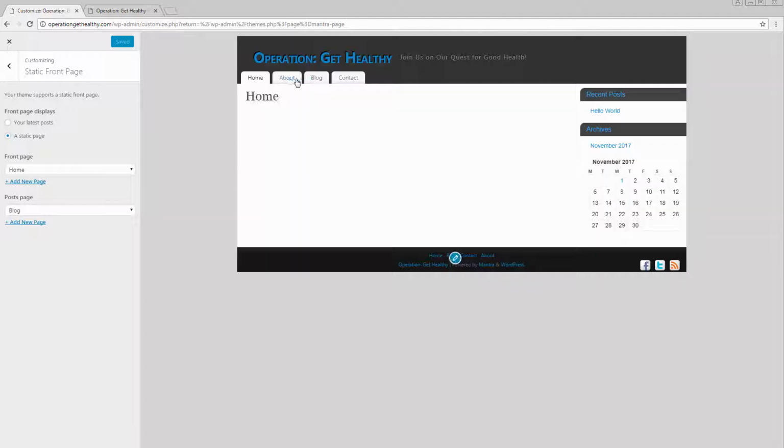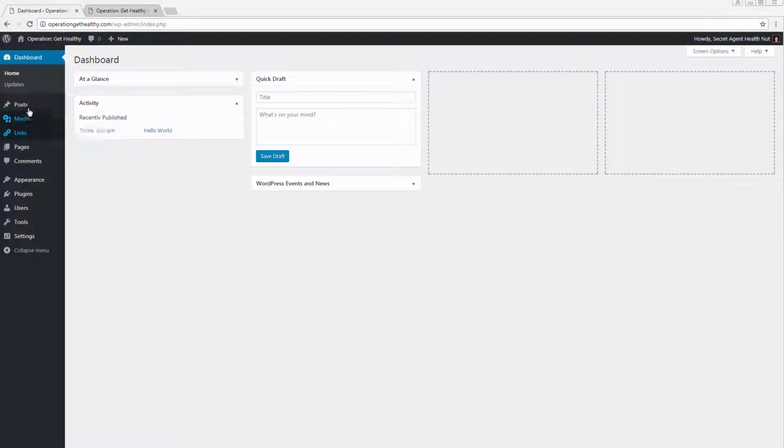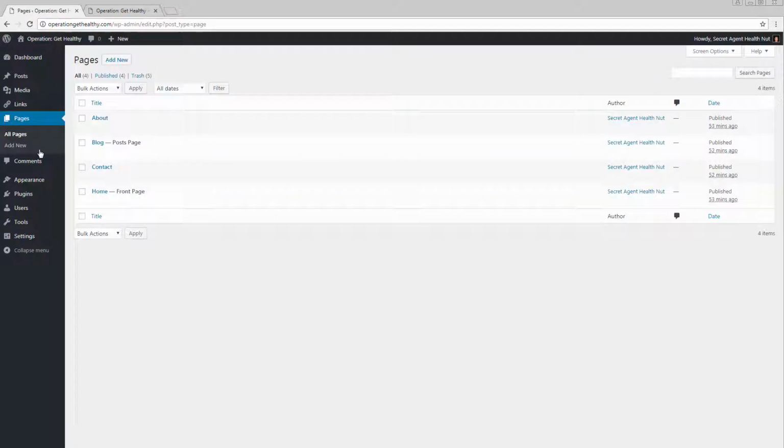But I think I want the blog to be the second, and then the contact, and then the about to be the 4th. So let me show you how to fix that, because that is something that gets a little finicky at times. So if I go into the pages, I can see the 4 pages. Now, if I want to order these, because you see these are in alphabetical order, so it maybe puts the home page in front because that's the front page, but the rest of them are alphabetical. So I want them to be a little different. So if I come here to the home page and edit this,